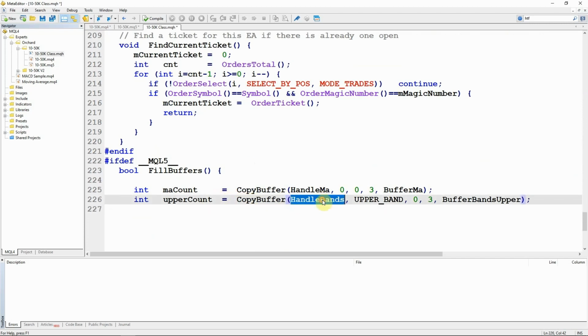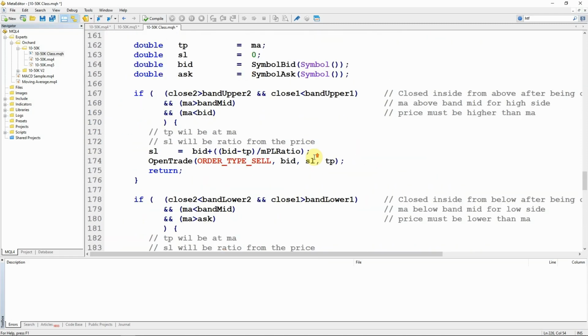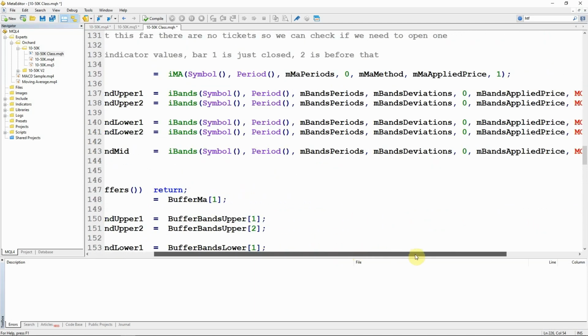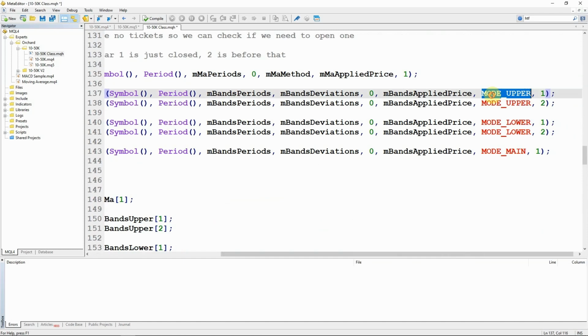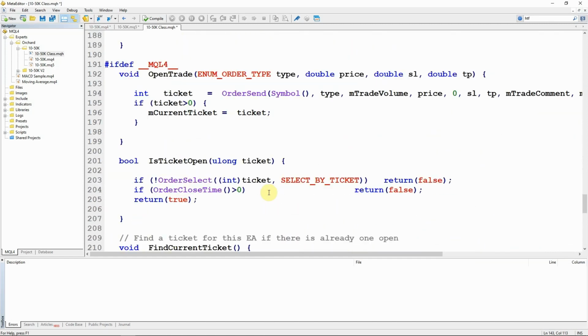Copy buffer, this time I'm passing in the handle bands, and here I have more than one buffer. And these names are not the same for Metatrader 4 and 5. Let me just scroll back up again. In Metatrader 4, they were mode upper, mode lower, and mode main. Those constants are different for Metatrader 5.